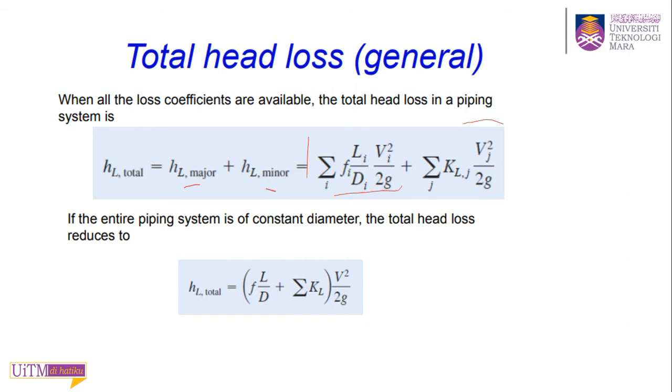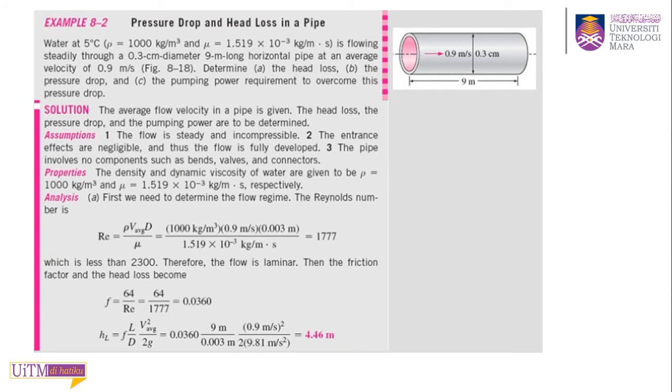Tak ada. Okay. So I'll show you a few examples of how we can use chapters 1 and 2 to solve any problems. In this first example, they said water at 5 degrees, so they gave you the rho, 1000 kg per meter cube, and the dynamic viscosity. This is water flowing